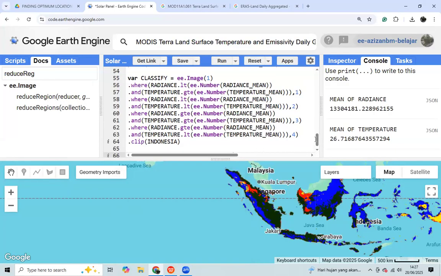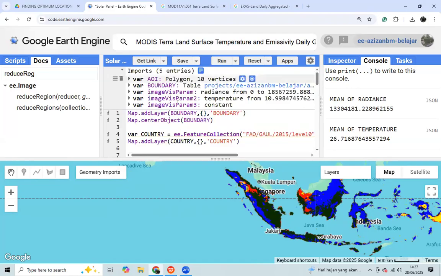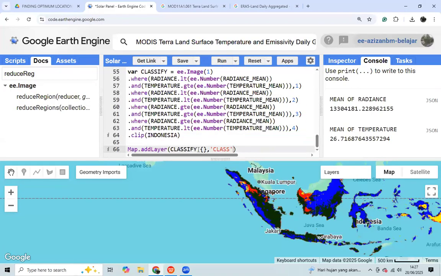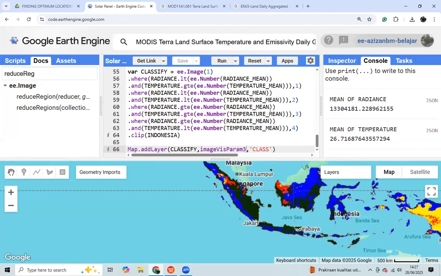Okay, import, and it's the third parameter, and specify it on the classified data. Then we can click save. Okay.